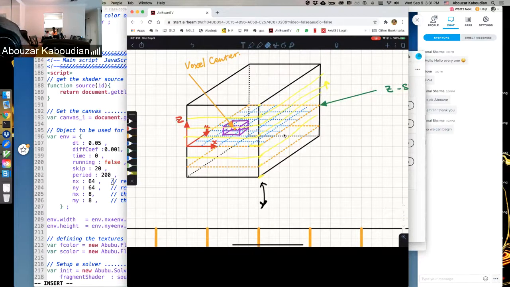The voxels are actually from their boxes like this. This one is the center of that pixel on that z slice, the center of the voxel, and then the next one would go like that. And the center of the pixel on that z slice would represent the center of the voxel. So instead of imagining all of these 3D cubes, which becomes a little bit difficult, it is easier